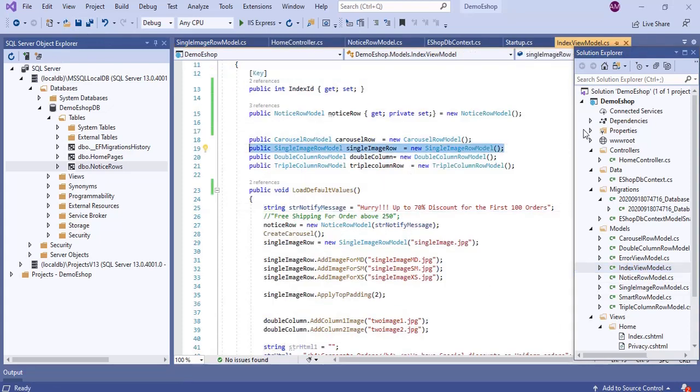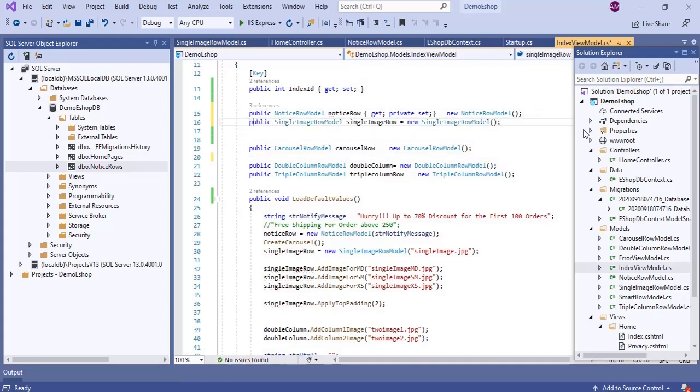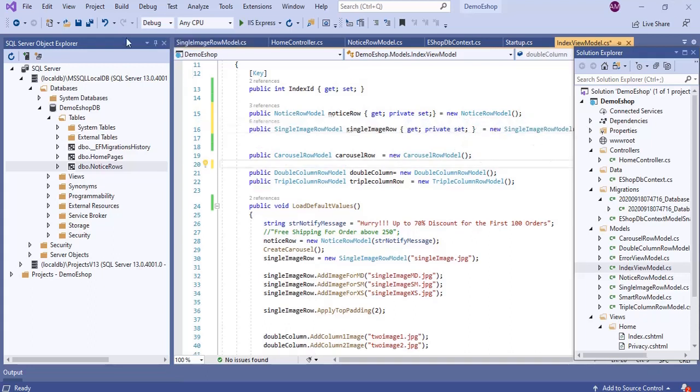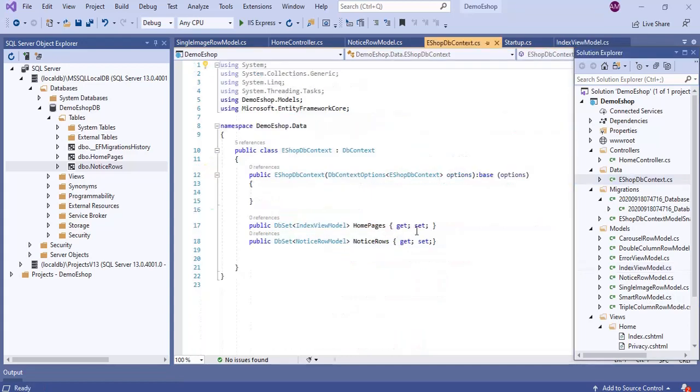We will bring this up, then we will copy this here and paste it. Okay, now we need to add the single image row in the DbSet. Where is the DbSet? DbSet is in the eShop DbContext.